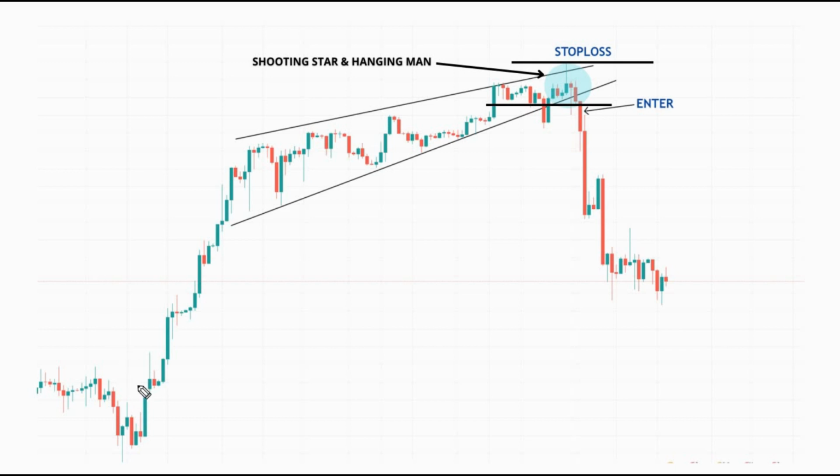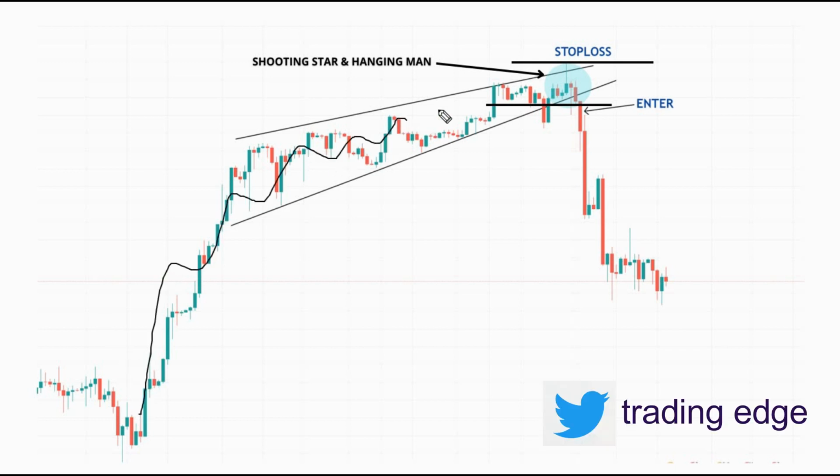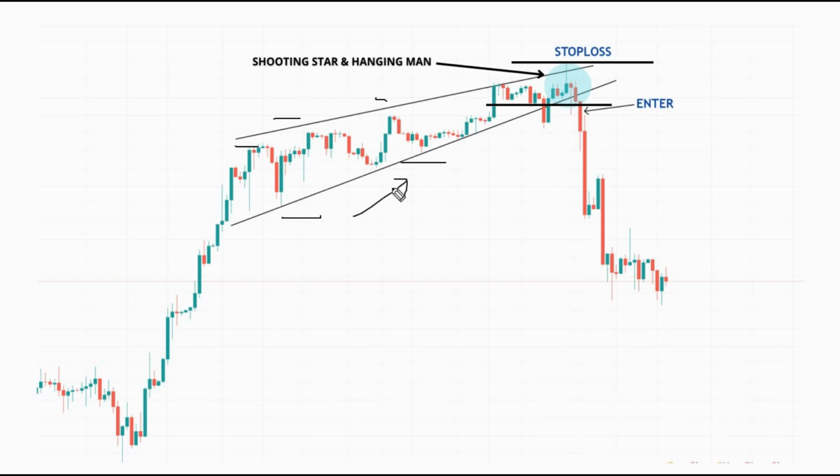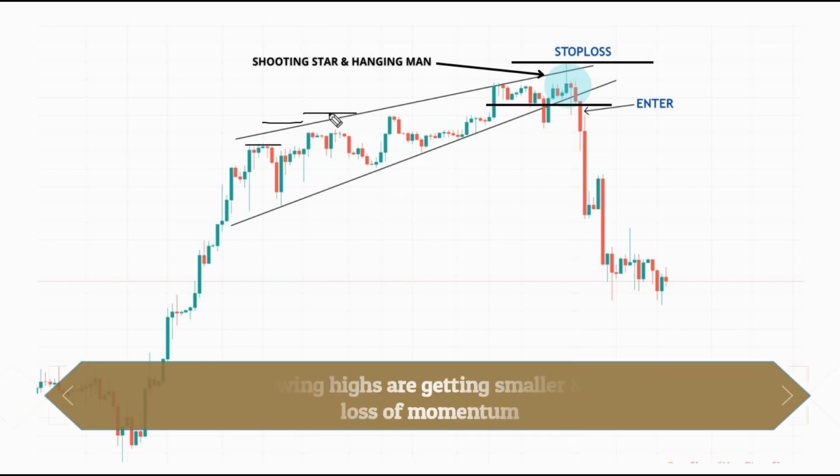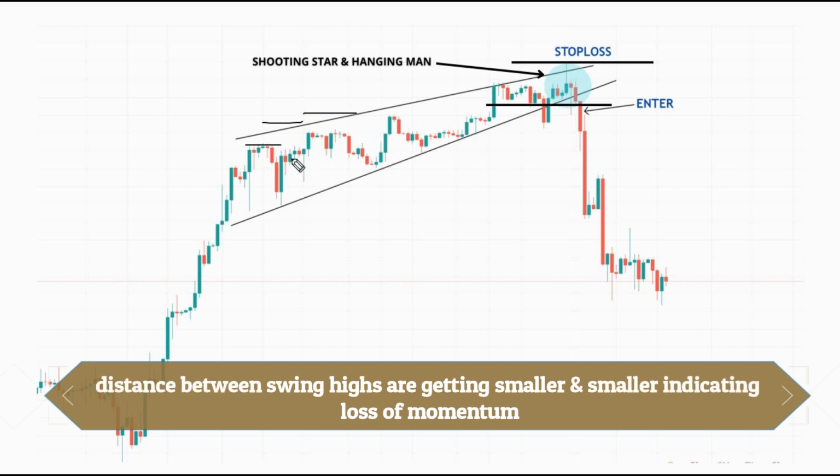See, strong upward momentum. But then what happened here? After this strong upward momentum, prices were making higher high and higher low pattern, but what is happening? The momentum of the buying side was getting weaker and weaker. How can we say that? Because see the swing highs. The swing highs are getting shorter, which is an indication that bulls are trying their best to continue this